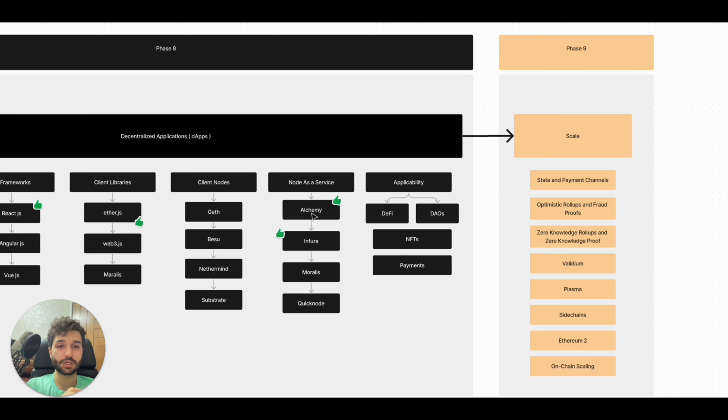These steps will go after you develop some, for example, e-commerce application or chat application based on blockchain. After that, you can think about the scaling of your project and learn about these items that we have in phase 9. So let me quickly